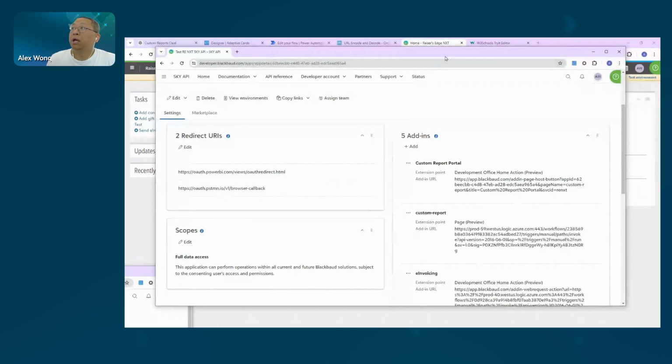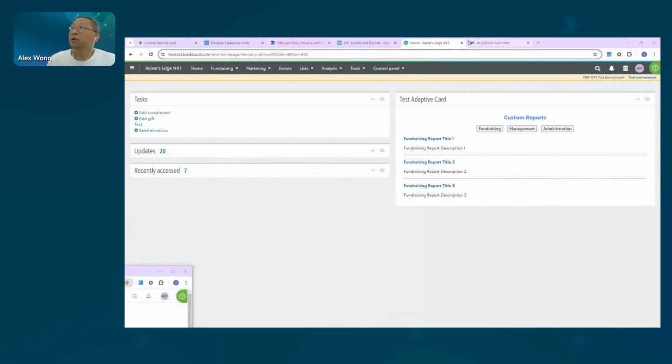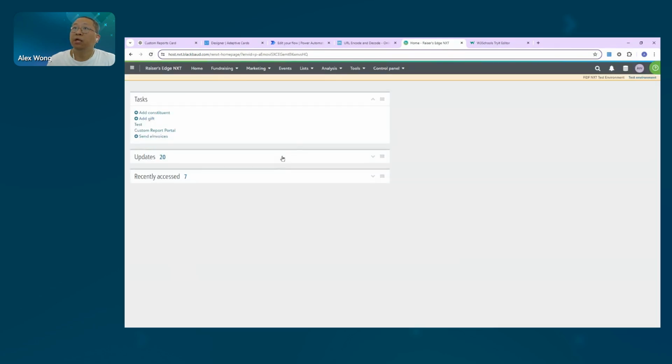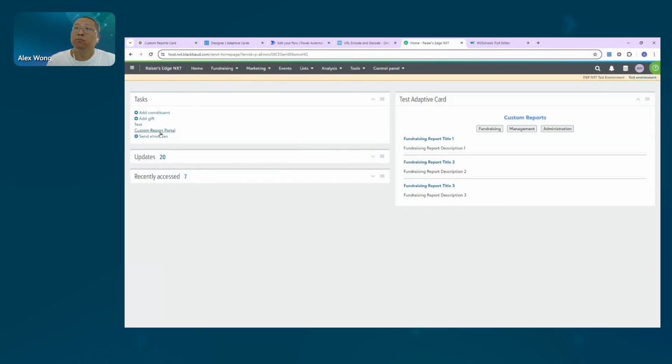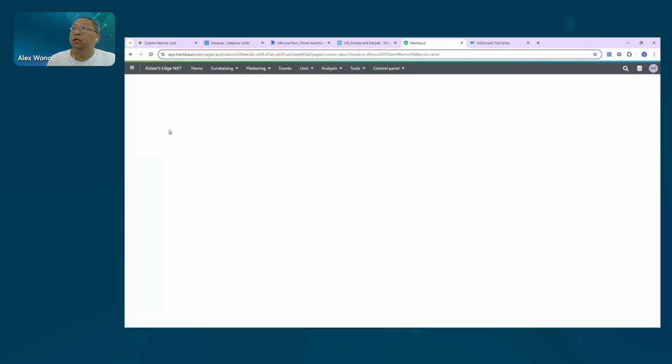Now what's going to happen is, coming back to here, we're going to reload this test environment homepage. Now you see a custom report portal, which is what we created. If you click on this, it's going to display a whole page. Now, the page is empty. Why is the page empty? Because we didn't put in the code to